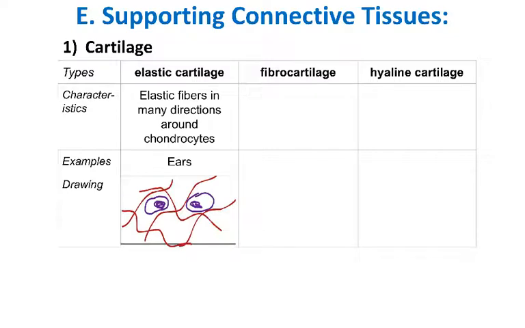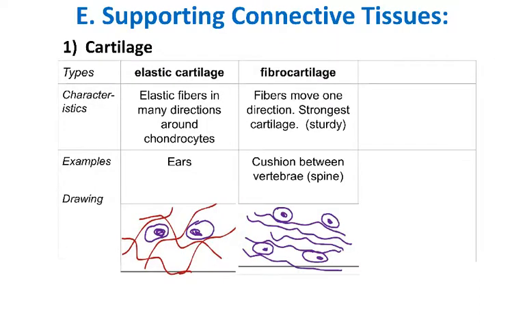All right, fibrocartilage, on the other hand, fibro is fiber, like a fibroblast. So in this case, this is a cartilage with lots and lots of fibers. It actually kind of looks like dense regular tissue, a little bit more spaced out, but with eyeballs in it, or the chondrocytes. And you typically find fibrocartilage in the cushions between, as cushion disc, vertebral disc in your spine. So your vertebrae